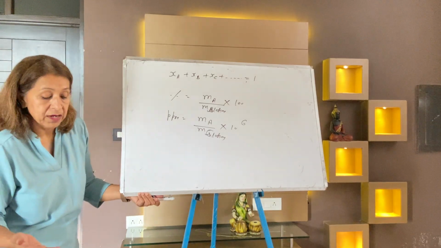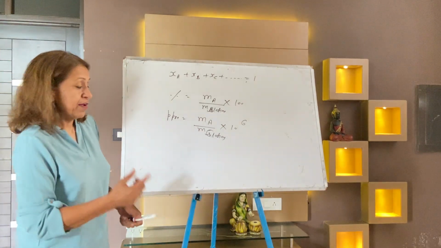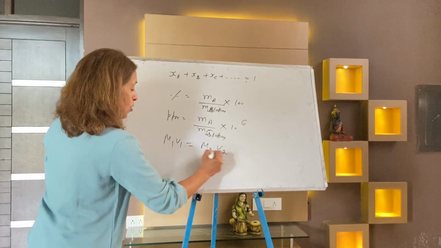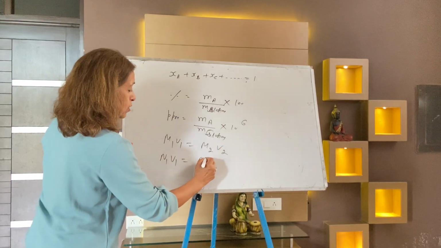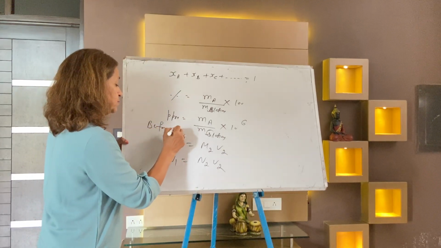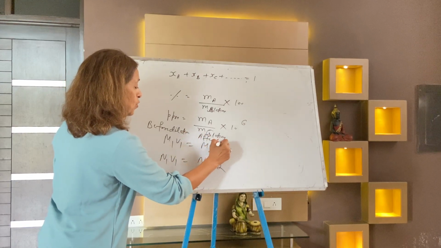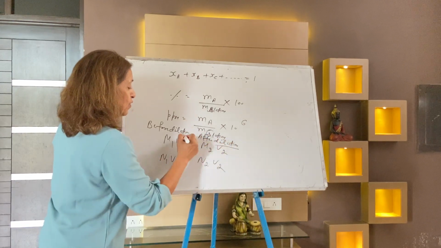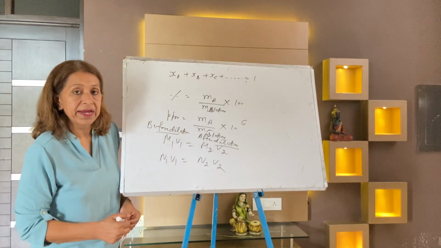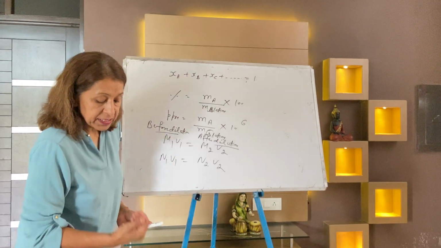I think it's all much clear. Effect of dilution: one more formula you will write here, M1V1 is equal to M2V2, or N1V1 is equal to N2V2. This is before dilution and after dilution. One question related with this topic, you may write one line: what is the effect of dilution?